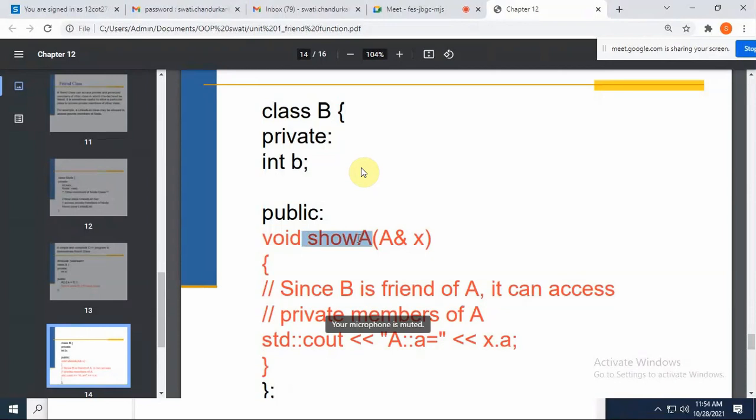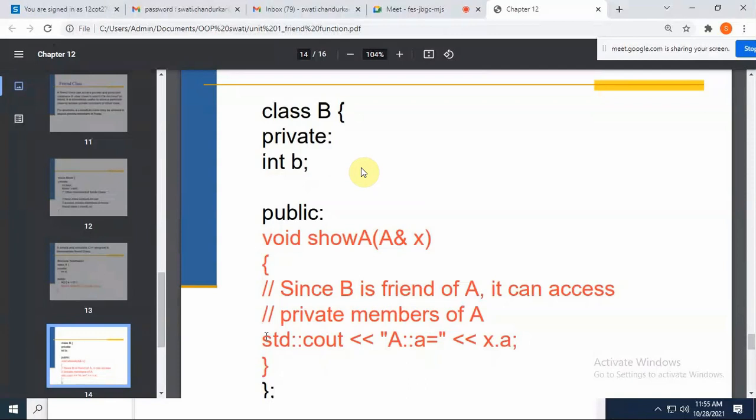So what I did, I tried to access the private data of class A. But how can I access it? For that, I need to create an object of that class. So I passed it as a parameter here. So from main you will create an object of class A, you will pass the parameter, and that will be caught here as a formal parameter, and you are just accessing the private data of the previous class.